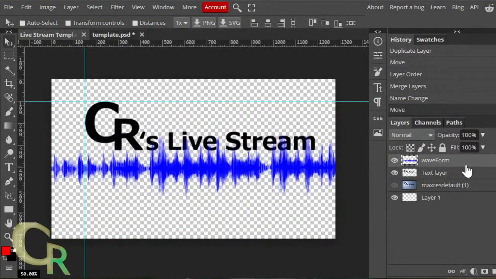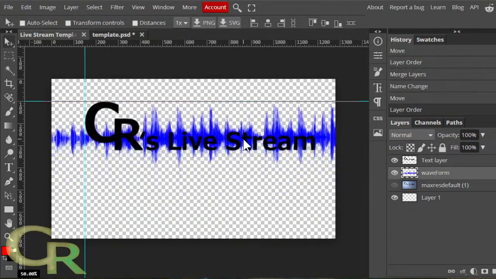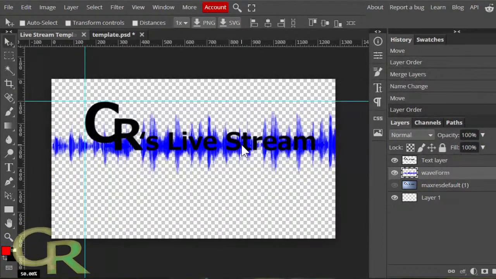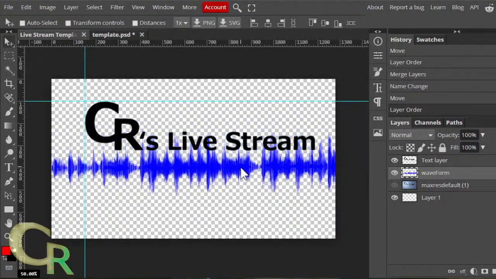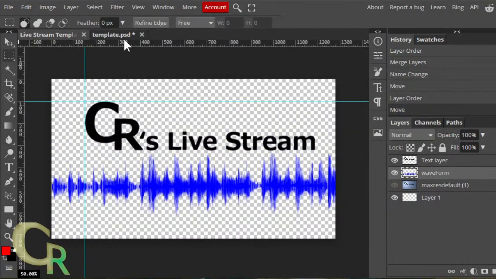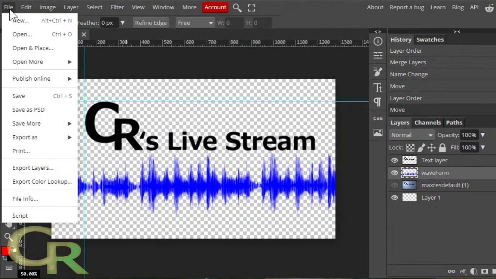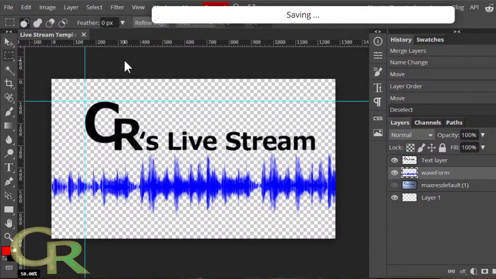Obviously that's sitting on the top, so I'm gonna move my text layer to the top. Select the waveform. I can have something like this. Okay, what else? I can close that other one because I won't be needing it. Control S to save.